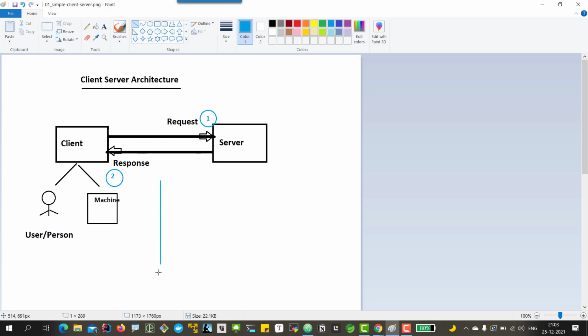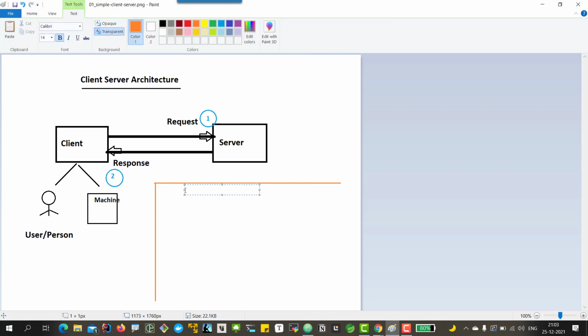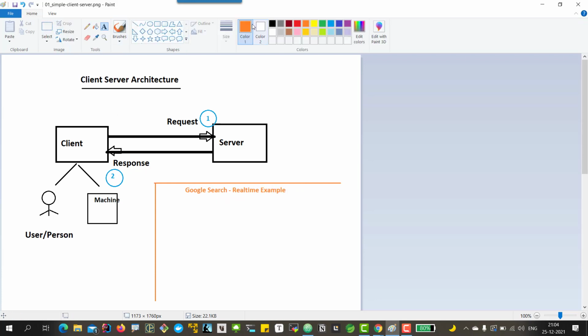Generally, all of us are good at using our Gmail, Yahoo, Facebook, whatever we do. So what do we do typically? Let's take a real-time example, like Google search. Google search is a perfect example of a web application. This itself is a web application. What do we do? So at first,